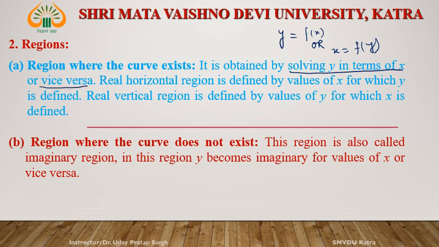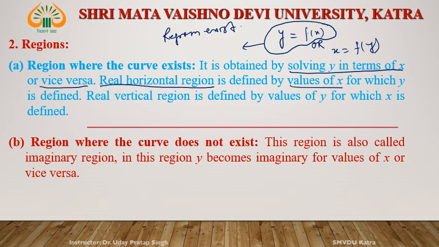The real horizontal region is defined by values of x for which y is defined, and after solving y in terms of x, see whether the region exists, right? For which value of x this y exists. The real horizontal region is defined by values of x for which y is defined, and for the real vertical region,